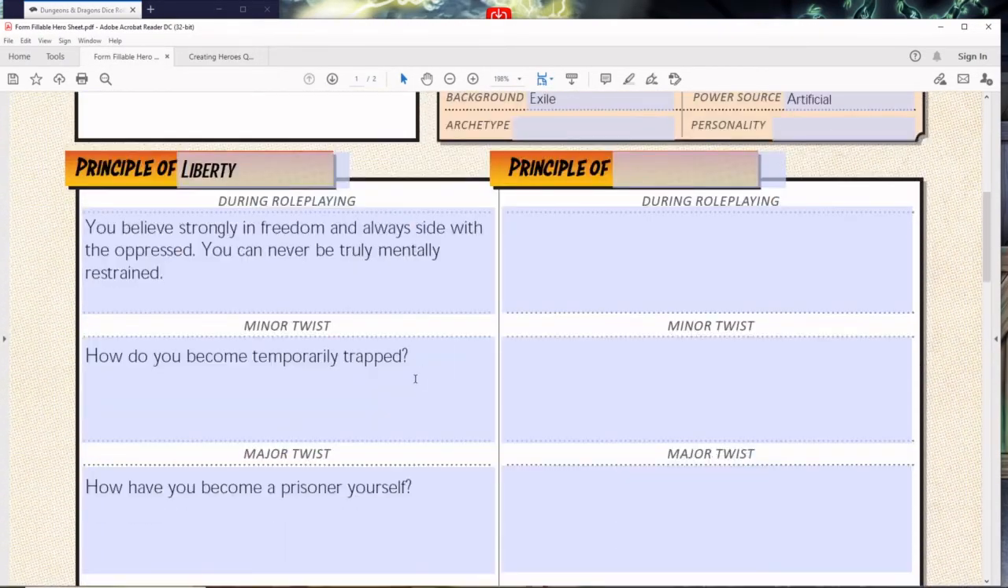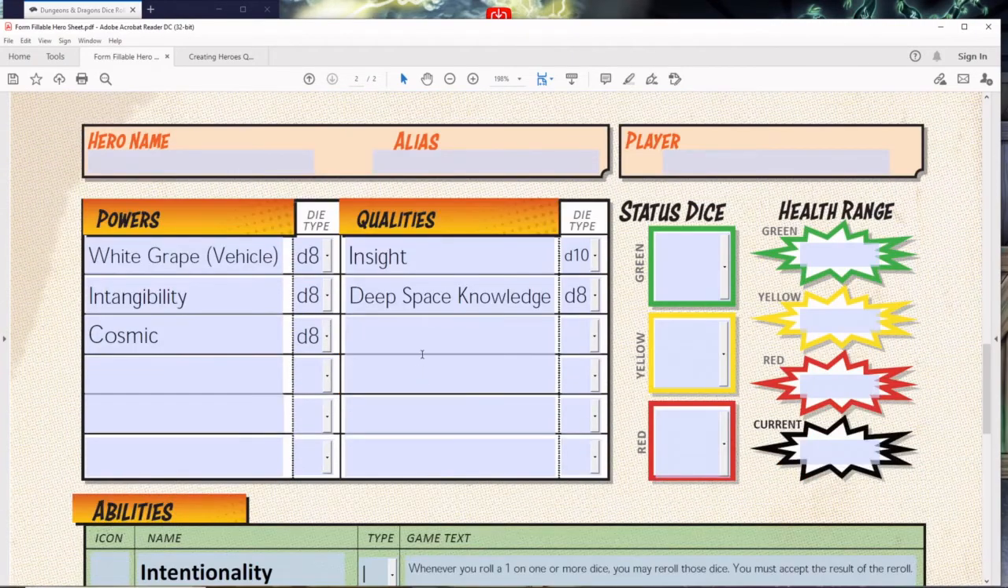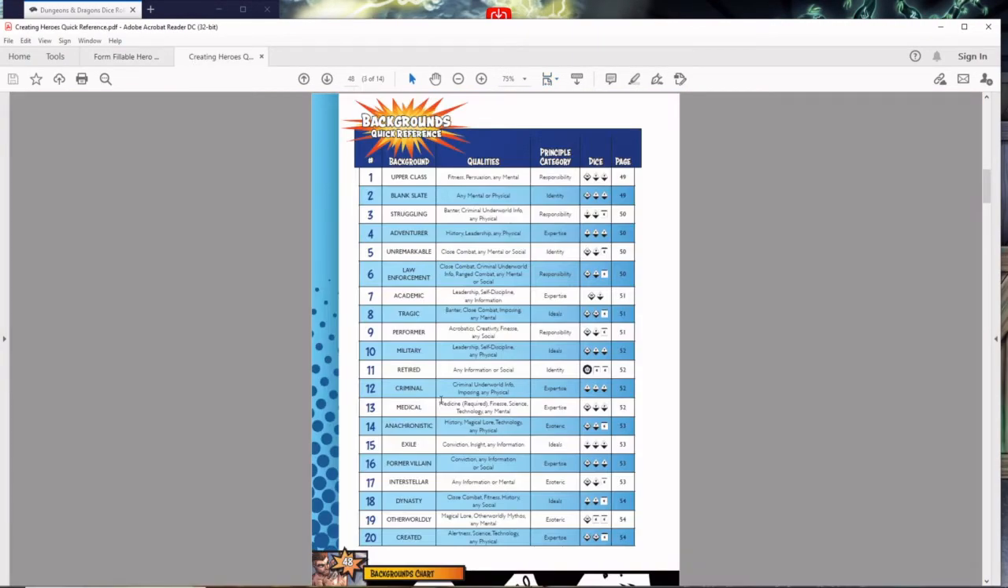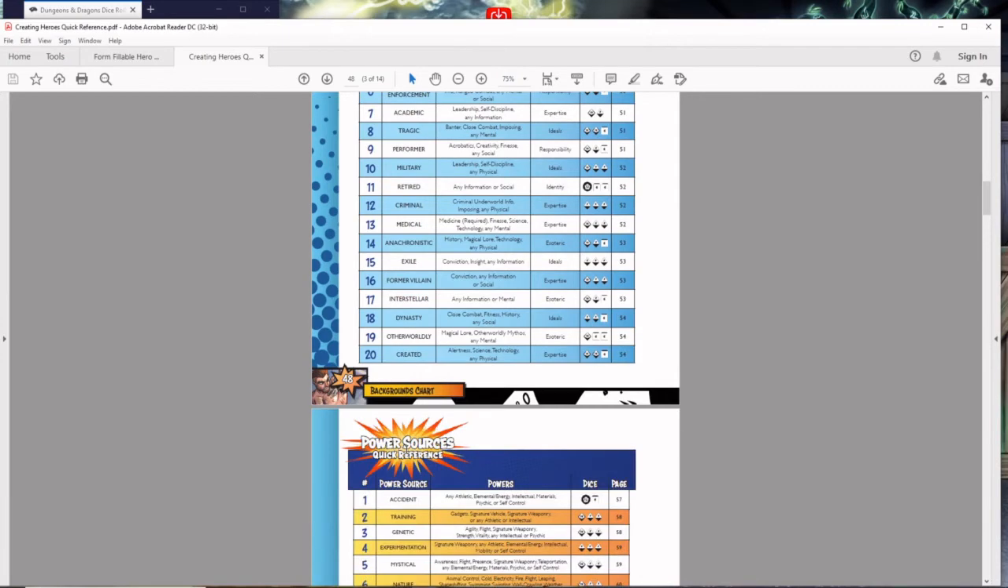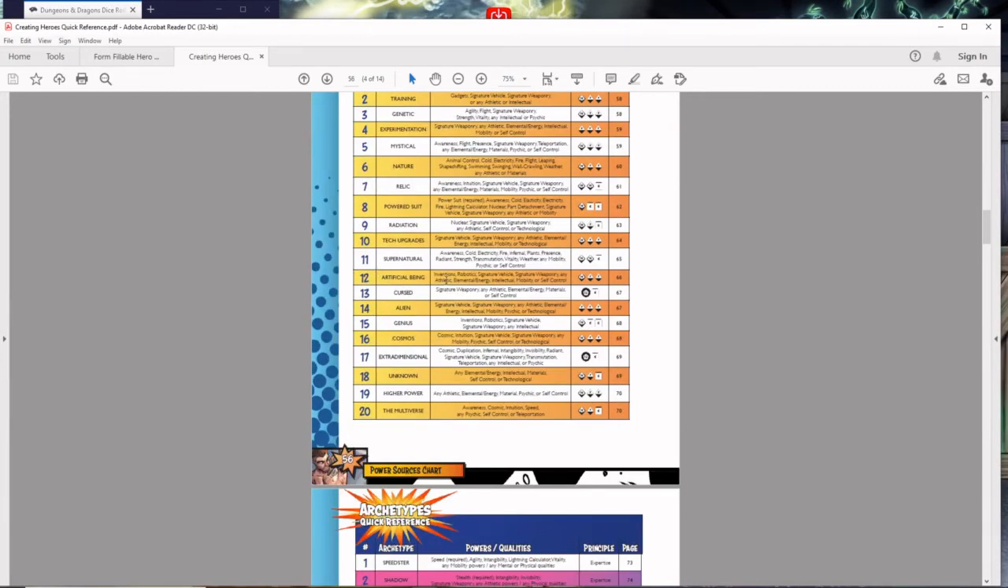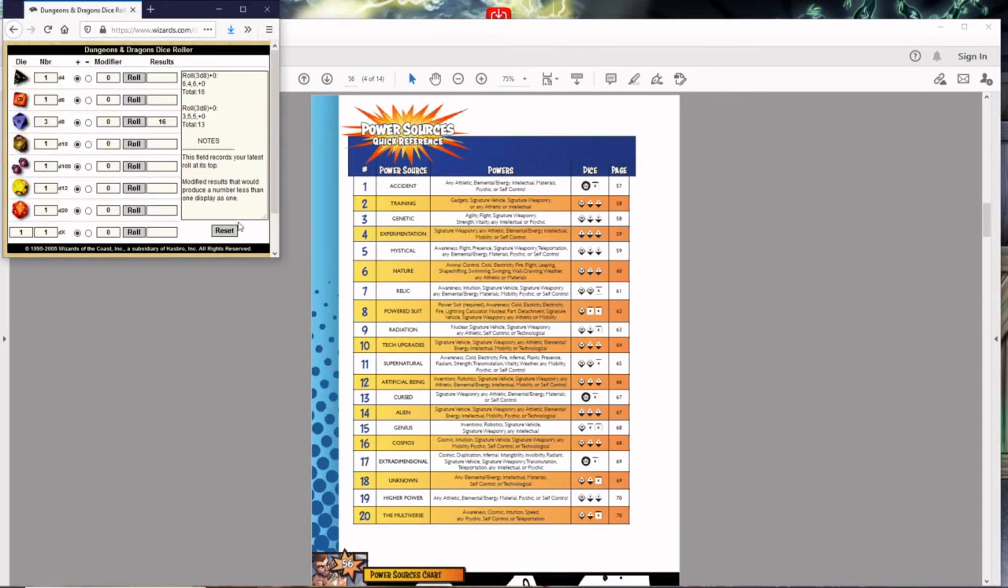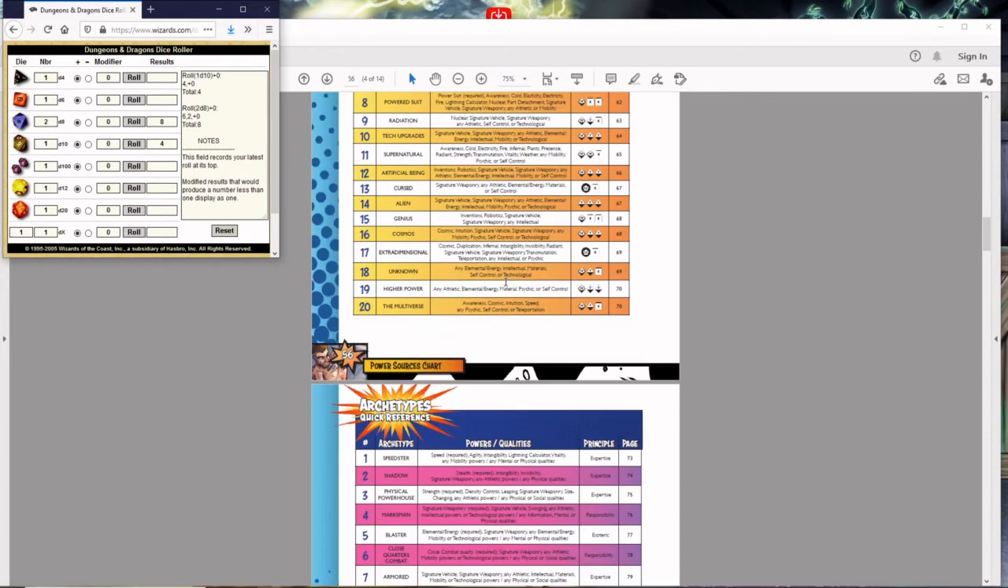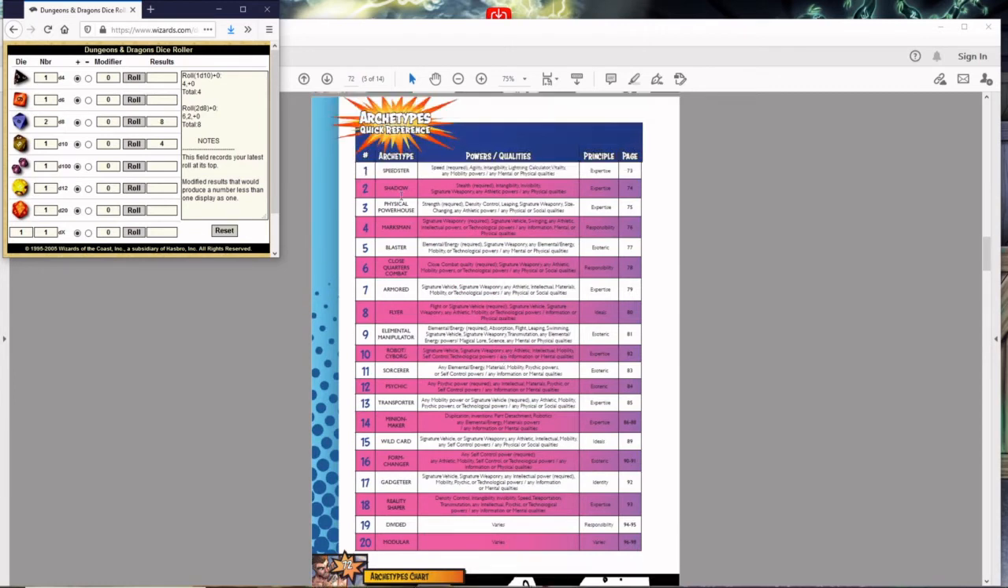So the next bit is we go on to figure out the archetype. And for that, we're going to look at artificial being. And it's a d10 and 2d8. So we're going to reset this, and roll the 2d8 and roll the d10. And we got a 2, a 4, and a 6. So that would be Shadow,